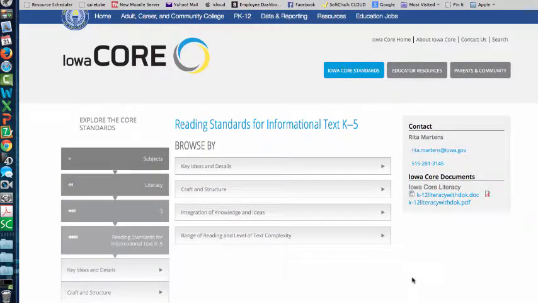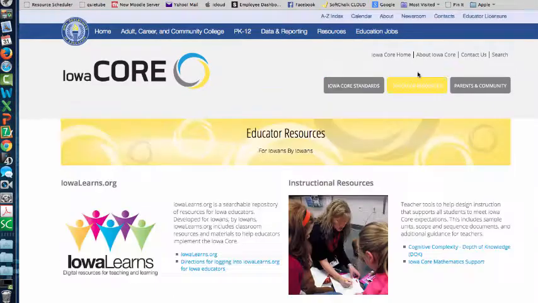And also, if you're done and you want to get to another place on the website, you can either click on the logo, that'll take you to the home page, Iowa Core home link will, or you can go to a different section of the website because these 3 buttons you can see are still at the top of all of these pages. Okay. So maybe next we could look at the Educator Resources. Okay. So I'm just going to click the button from this page